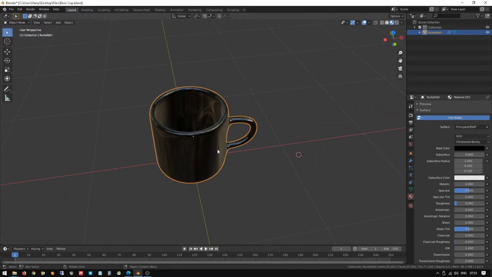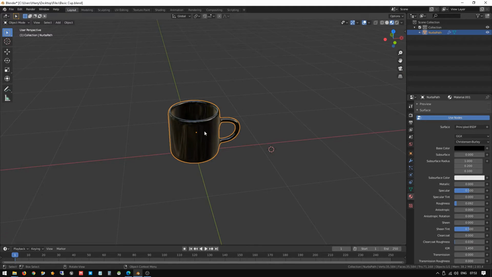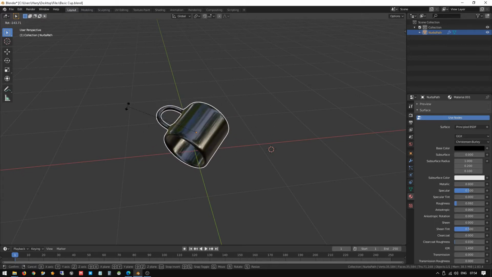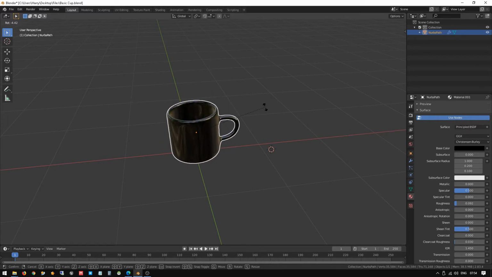The pivot point is the main thing in an object for rotating and scaling. Let me guide you through some small steps. Press R to rotate. You can see the cup is rotating around the middle pivot point. The cup will rotate and scale as per the pivot point. Now it's in the middle, so while we scale, it will scale from the middle of the pivot point. Now I press escape.